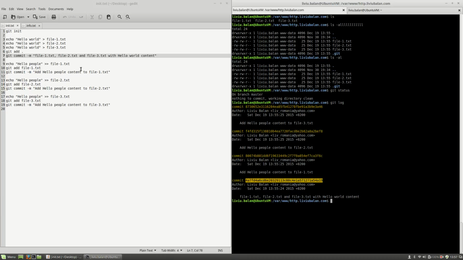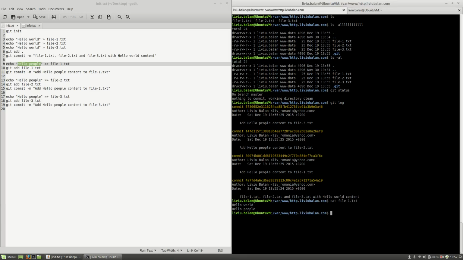Next, the file-1.txt is altered, so inside of this file the string hello people is appended. So if I type cat, for example, file-1.txt, you will see that first hello world is written here, and then hello people on a different line. So hello people comes from here, and next file-1 is added to Git and then committed using this message. So the commit here